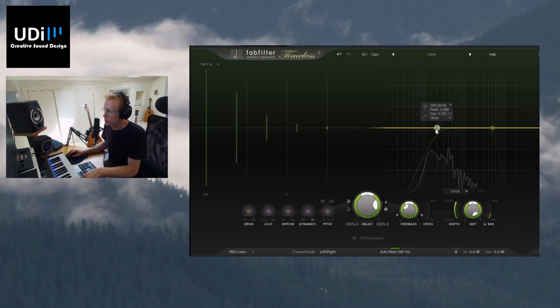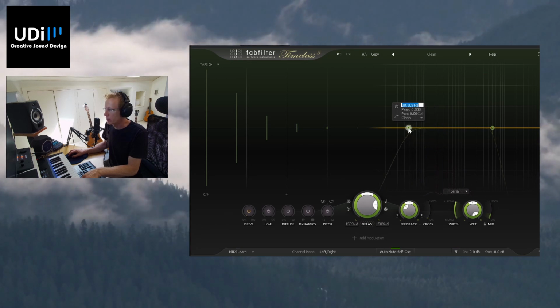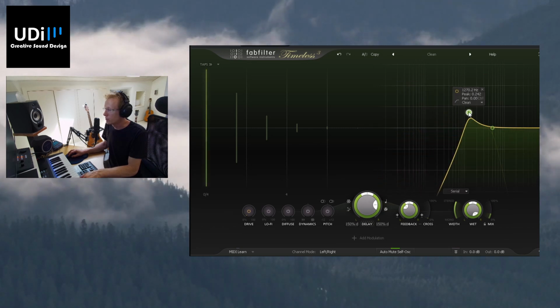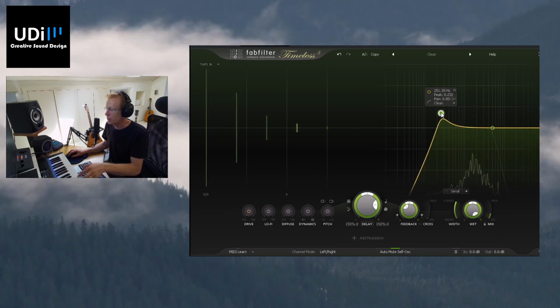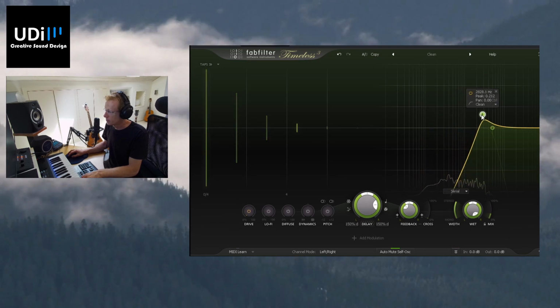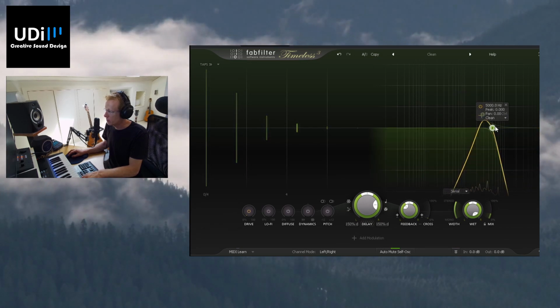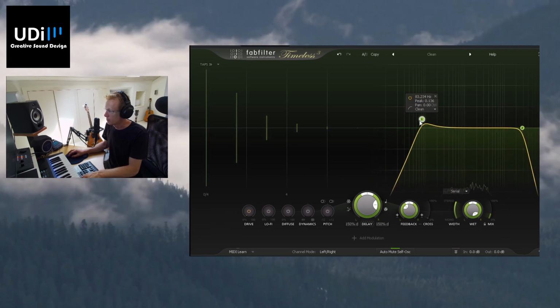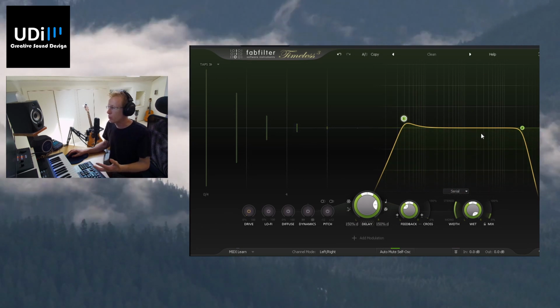And then what I can also do is use this filter here. So I can just select any of these points and turn it on, and now this is the filter. Right, and we are actually affecting the output signal of the Timeless plugin. And let's turn this one on. And so on. So I can add more and more points, up to 6 points, and you can learn more